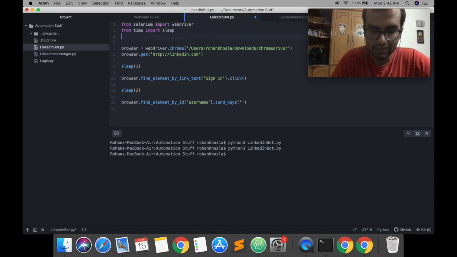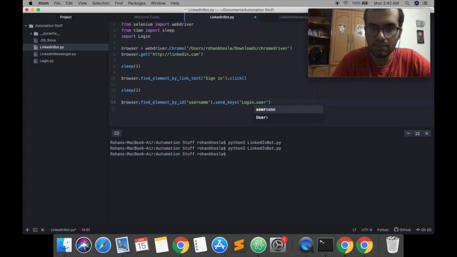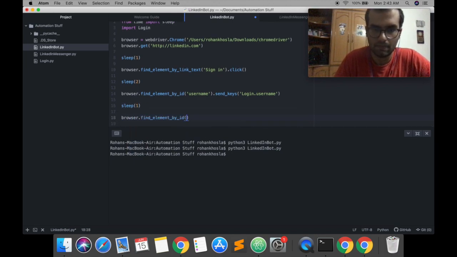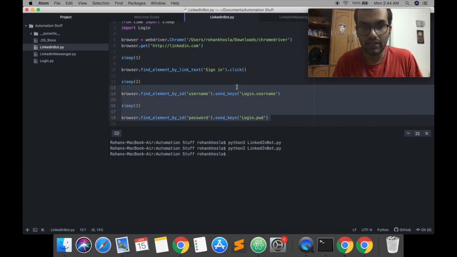So what I'll do is I will import login, and login.username has my username, and I'll do the same thing for password. We do see my username and password over here, but we forgot to actually look at the submit button, which is what we're going to press to enter the website. So I'll actually remove all of this, and we're going to check that first.